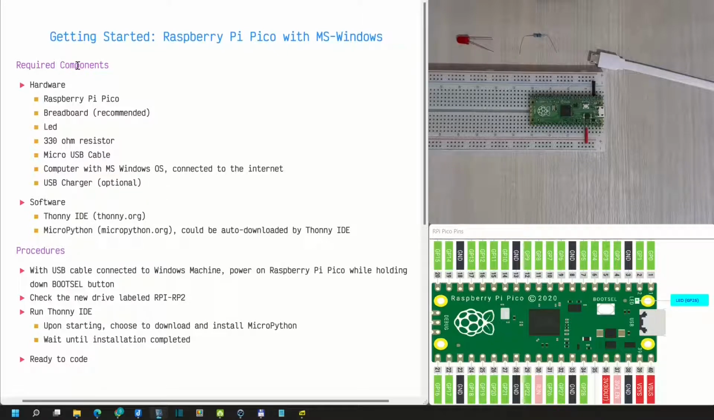For today's workshop, we will need these components. First, the Raspberry Pi Pico board itself, this one, and then the breadboard, though it is not mandatory actually, but it is very recommended too. And then one piece of LED here, 330 ohm resistor here, micro USB cable, the white one here,